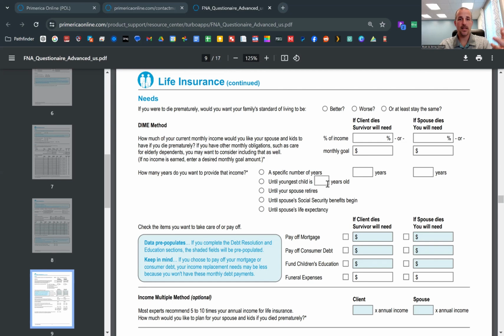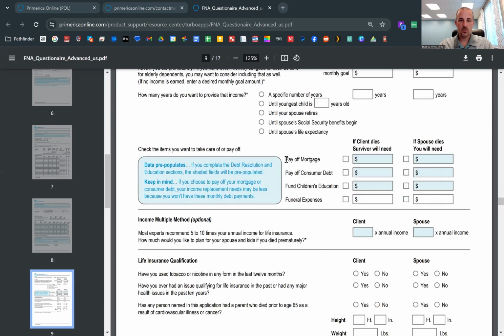And that'll automatically calculate, based on the information you already put in, how long they're going to need the life insurance for. And then down here, again, we'll put pay off the mortgage, put the mortgage balance. Consumer debt, same thing. So the other portion of the debt page, credit cards, that kind of stuff, put that in there for them to pay off. You can ask them if they want to fund their children's education with life insurance. In my experience, a lot of people don't want to, some people do. It just depends on their personal situation and belief about the education system